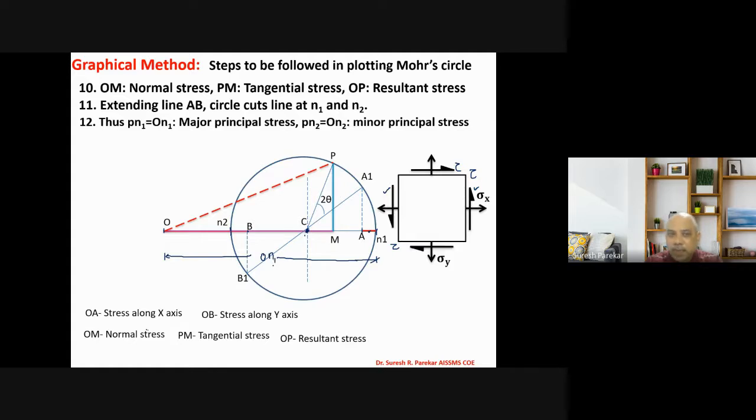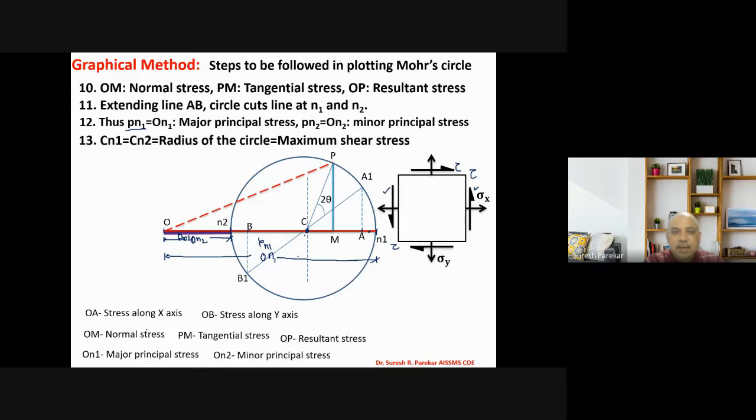So we have to measure it, ON1. Then we have to multiply it by scale, and that will give me PN1, which will be major principal stress. Then we will measure PN2, that is ON2. So we have this will be ON2. So this ON2 gives me value of PN2, that is minor principal stress, and ON1 that will give me PN1, which is major principal stress. So likewise we have to actually plot it, and then we have this ON1, you can see this. Then we have this will be ON2. So these are the major and minor principal stresses.